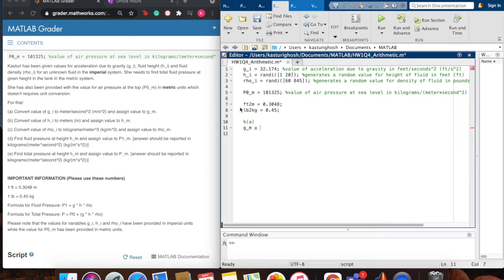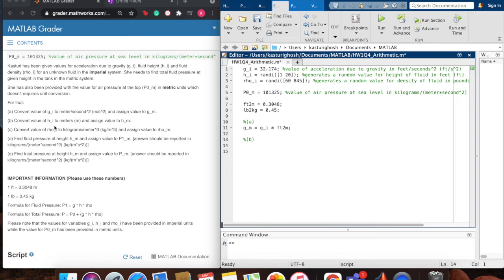And how do I do that? I multiply gi by the conversion factor, feet to meters, which is 0.3048. So I'm just going to use this same variable, so feet to meter. All right, that's all for part A. For part B,